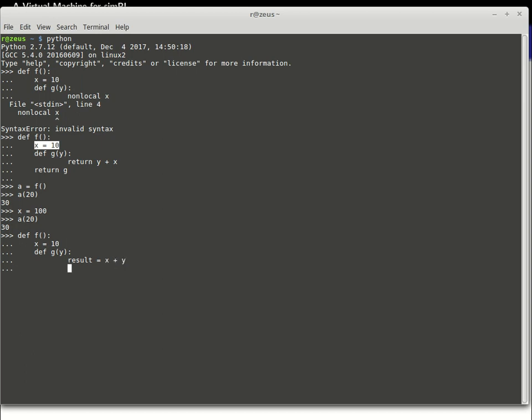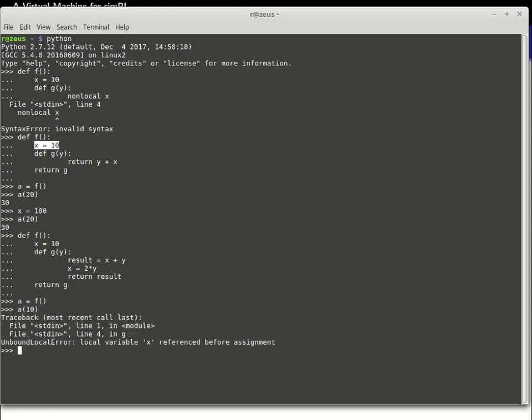Then I'm going to say x equals 2 times y, and then I'm going to say return result. Okay, then return g. Now I can say again a is f, and then if I say a applied to 10,